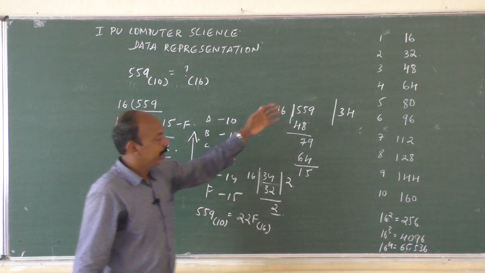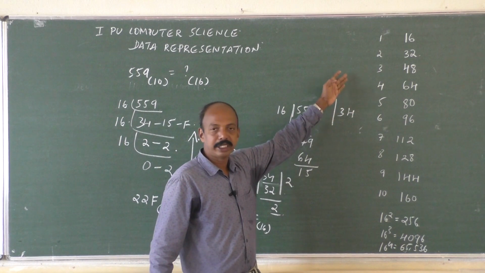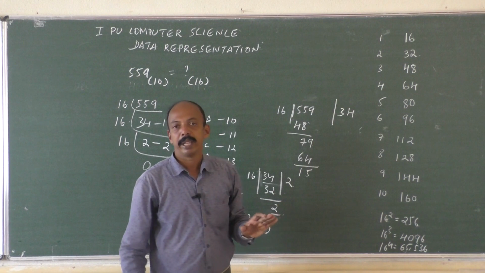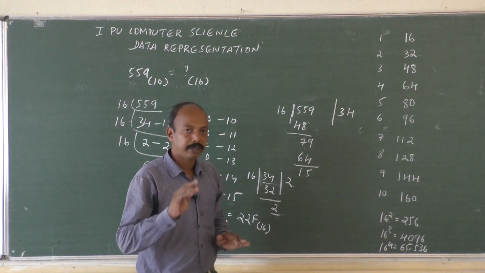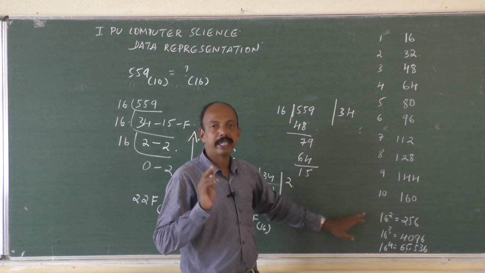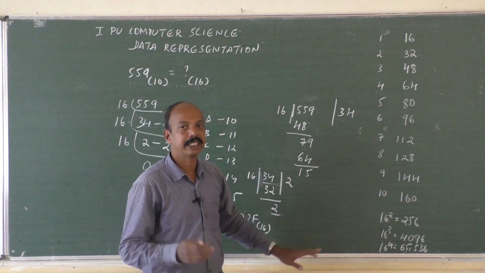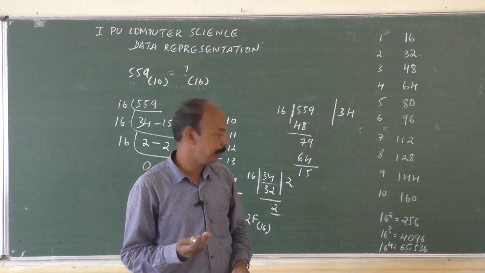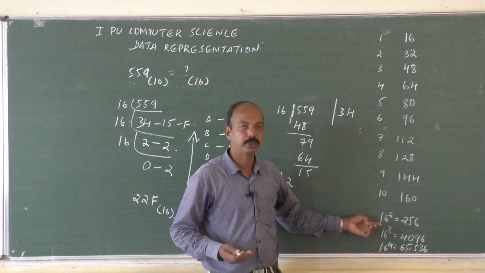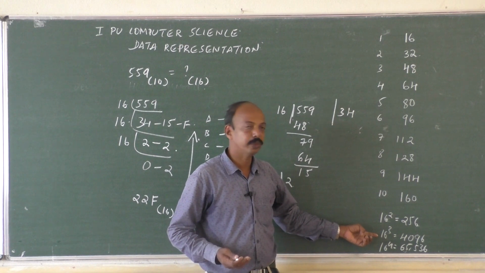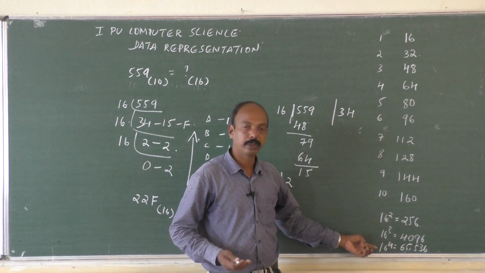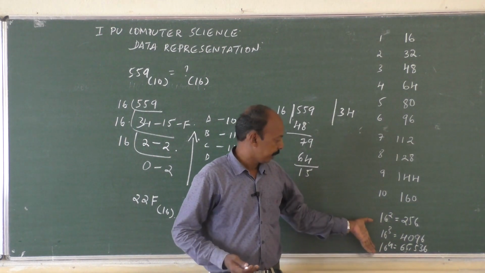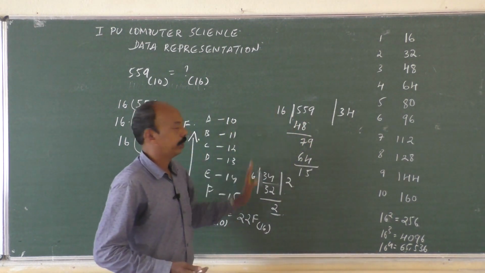One more thing, it is 16. So the multiplication table of 16 we have to remember. Not only that, when we are going to convert from hexadecimal to decimal number system, with respect to 16 we will write the positional weights, that is 16 to the power 2, 16 to the power 3, 16 to the power 4. If we can remember those values, like 16 to the power 2 is 256, 16 to the power 3 is 4096, 16 to the power 4 rarely will be asked, but still 65,536. If we can remember this, easily we can work it out.